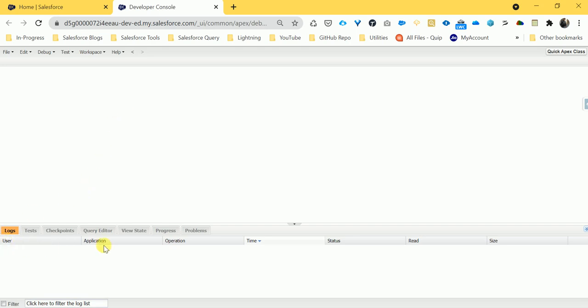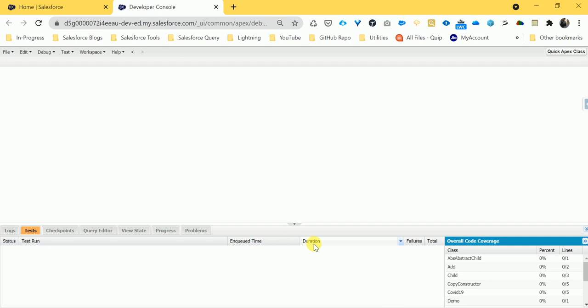You can check all of it with the help of logs. Tests, you can run your tests if you have some classes. I will explain each and every point in an upcoming video, so don't worry.